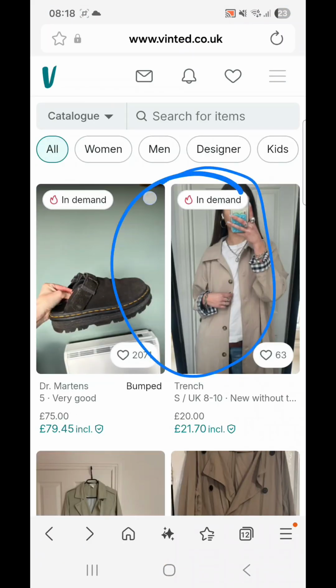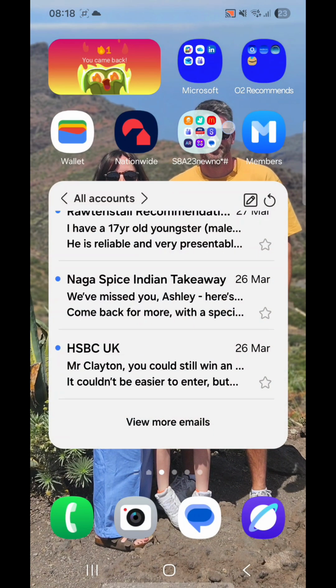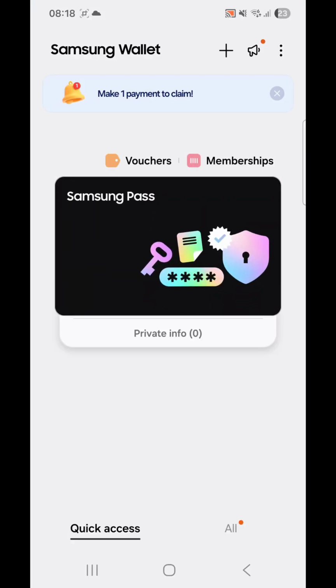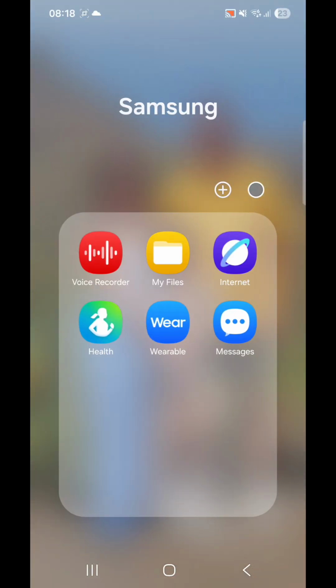So this is internet, Samsung's default browser. I don't tend to use this. I just use like Google, say something like that. Oops, I'll tell you that in a minute. We've also got